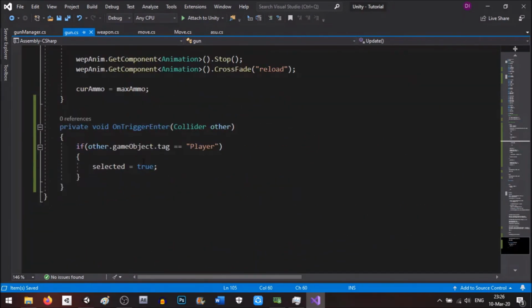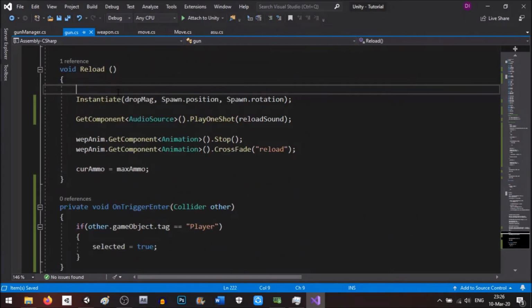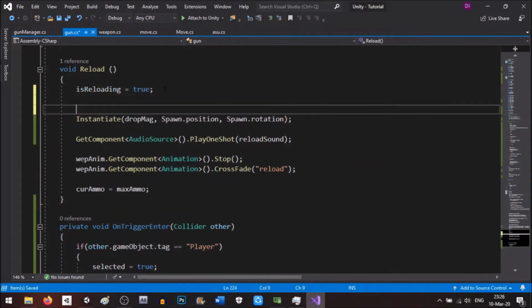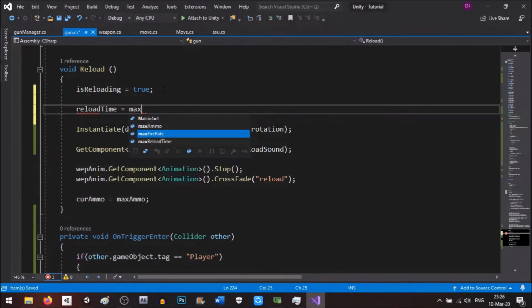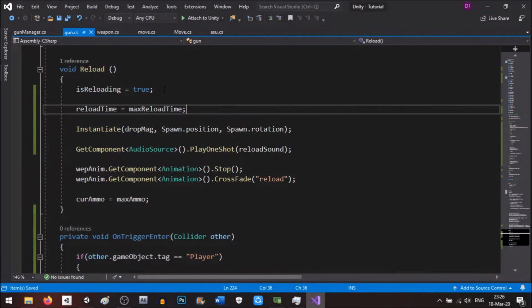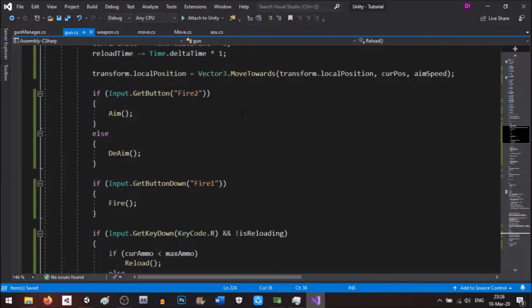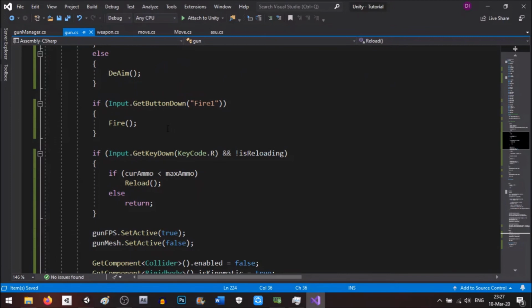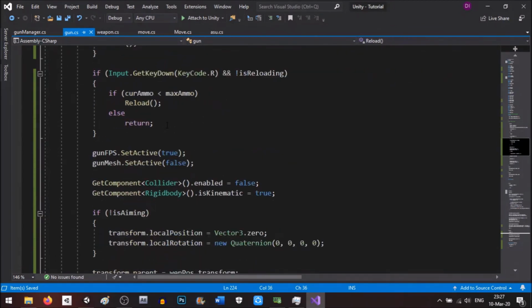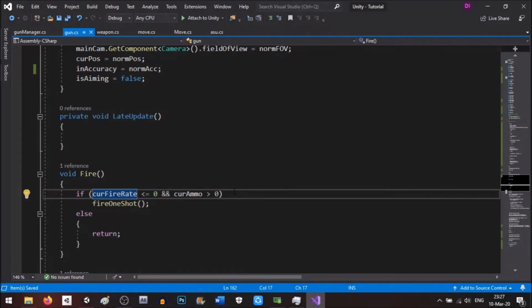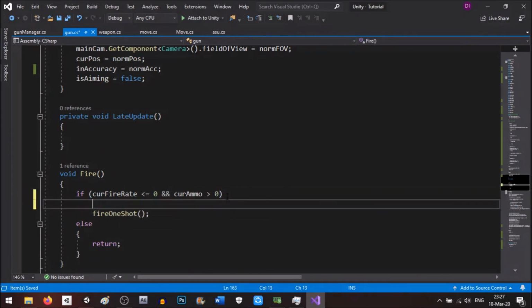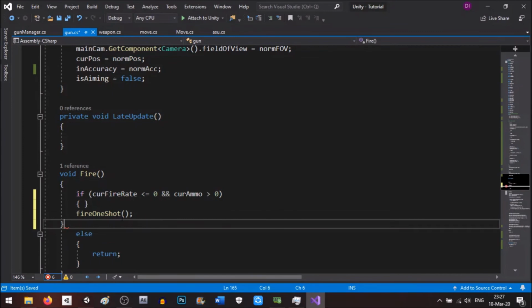On the reload, we do is reloading equals true, and then the reload time equals max reload time. And now while we do it here, we can just put it, where's the fire? Here. So we gotta put it here like that,